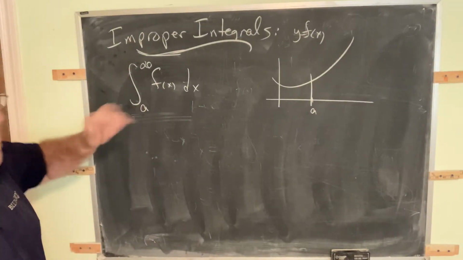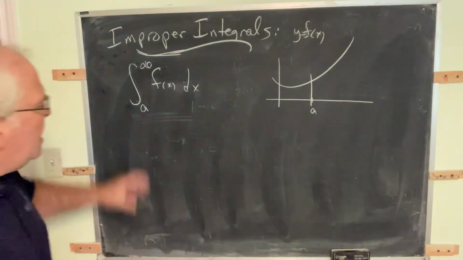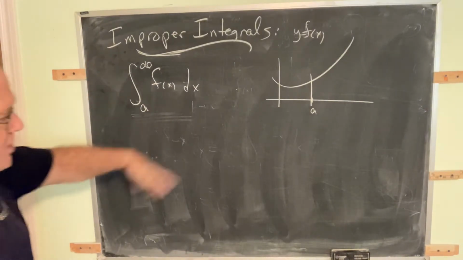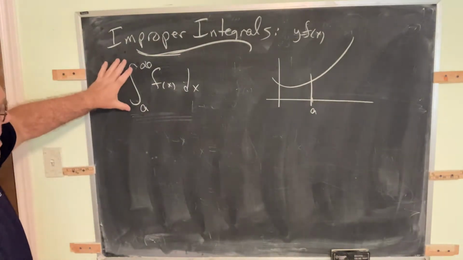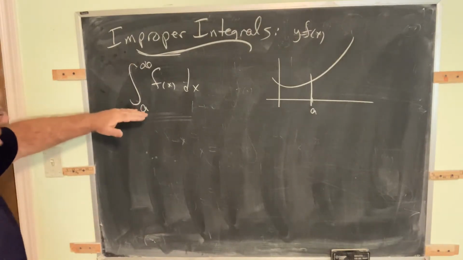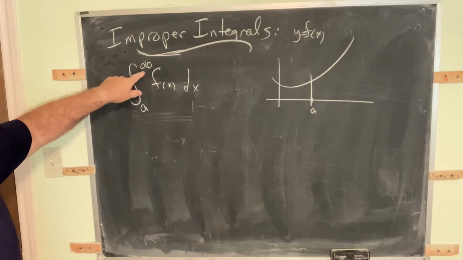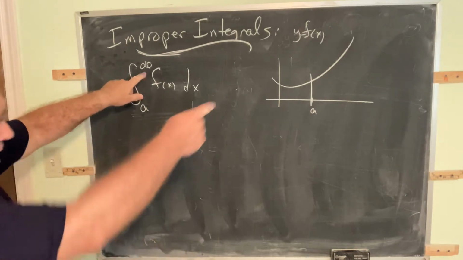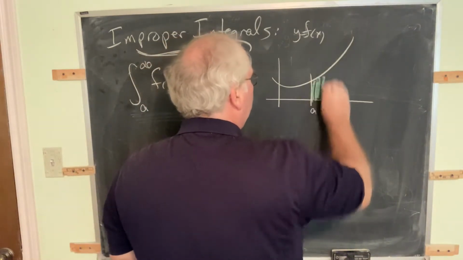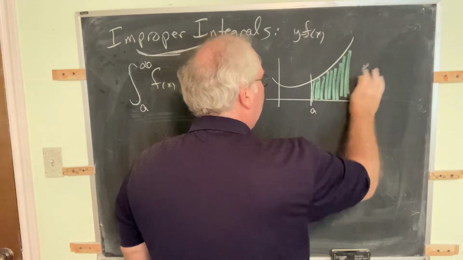What do we mean? For the purposes of this discussion, let's use the interpretation of area under the curve. So all the interpretations in this discussion will be area under the curve. What we mean is the area starting at A on the left. But on the right, the question is, where do you stop accumulating area? You start at A and you accumulate more and more area. The question is, where do you stop? And the answer is,